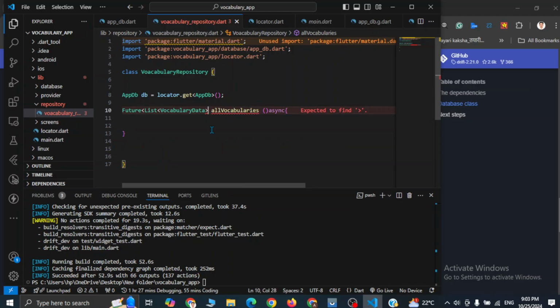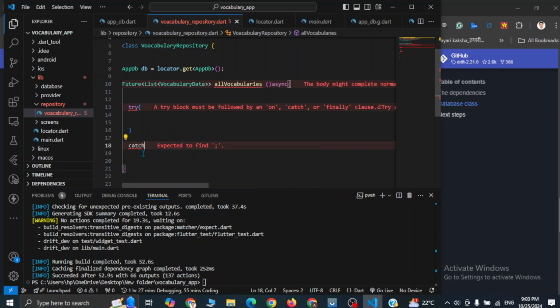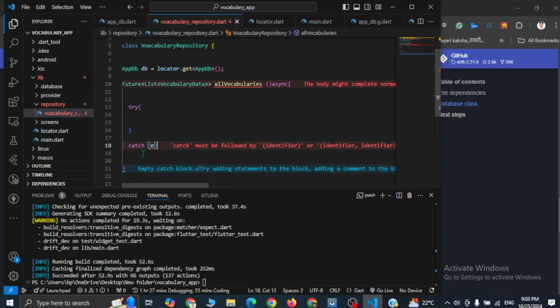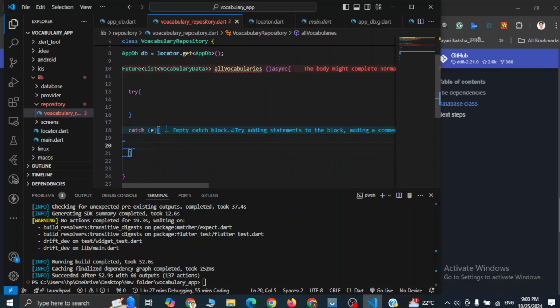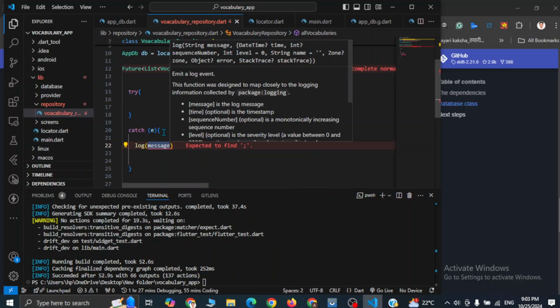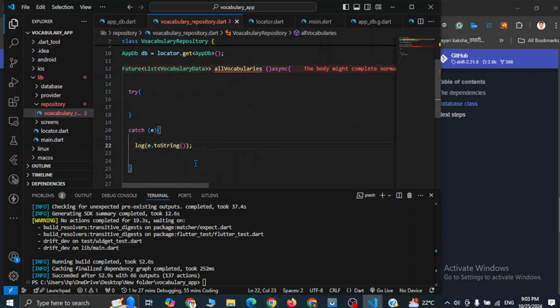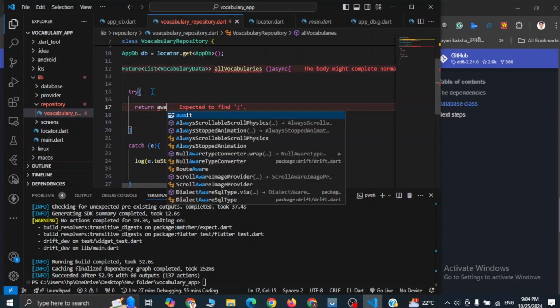Okay, and we forgot one angular bracket. Now let's use a try catch block to handle errors if we have some. If we have an error, then we are going to log that error. So let's use the log function from dart developer and we will convert it to string. As we have already defined the type, we have to return a list of vocabulary data. So simply we can write return await